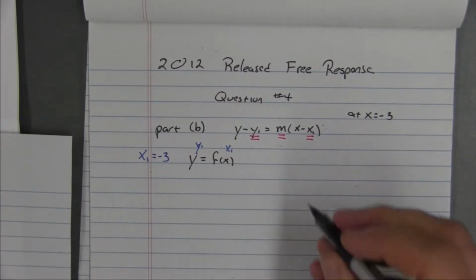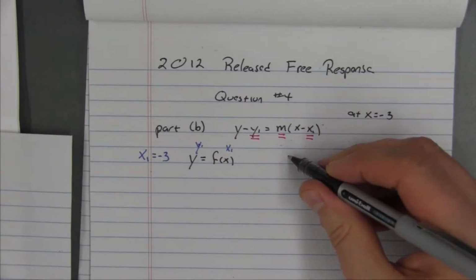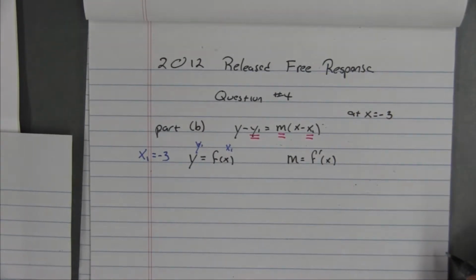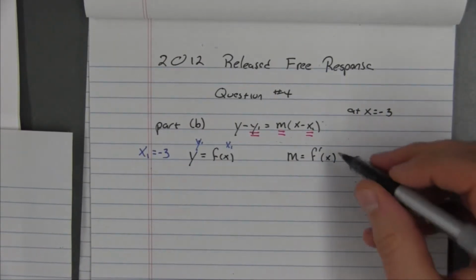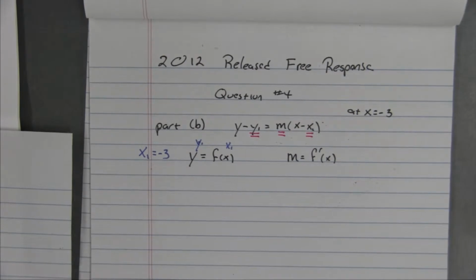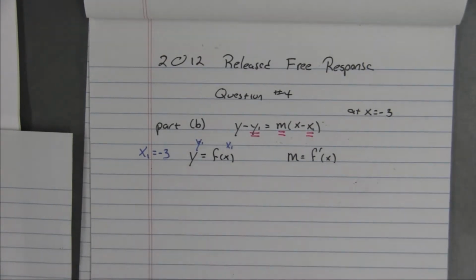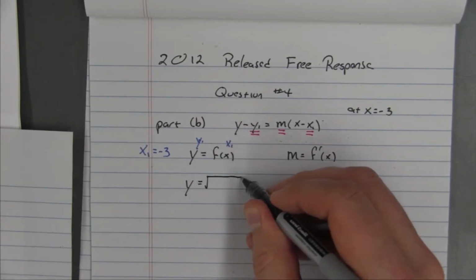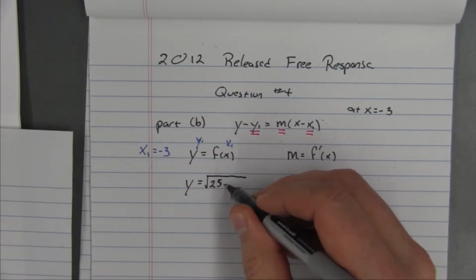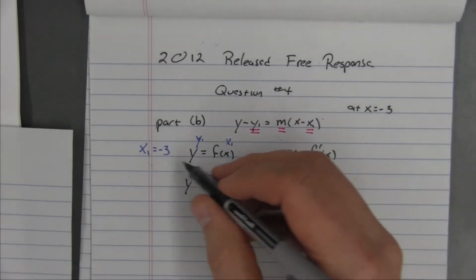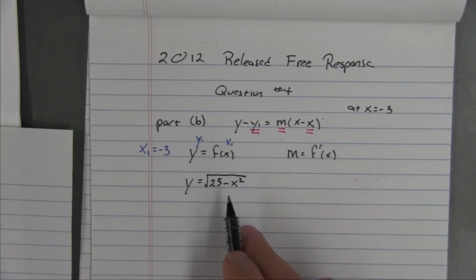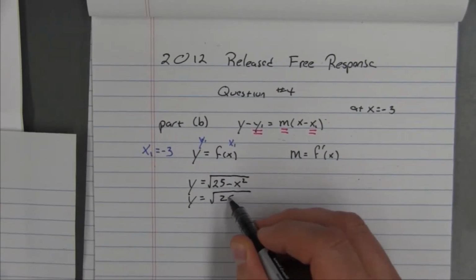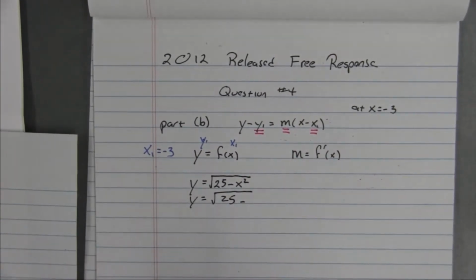So our x1 is going to be -3, and we're going to use that. And to get our slope, we have to remember that the slope of the tangent is equal to f prime of x. So once we get f prime of x, we're going to take our -3 and plug it in for the slope. So let's start with this over here. We'll get our y1 and our x1. So we know that our function is y equals square root 25 minus x squared. And all we're doing at this point is plugging in the -3 for the x. So we're going to say y equals square root of 25 minus